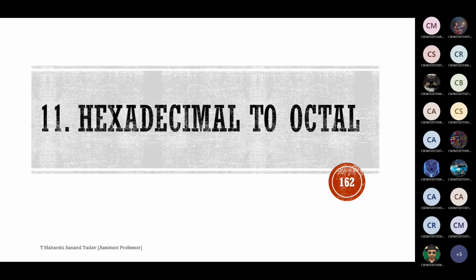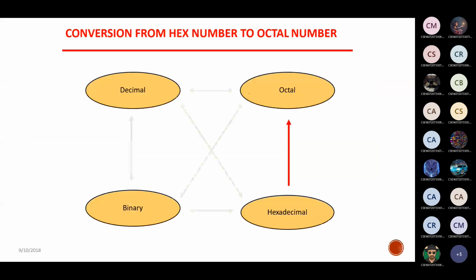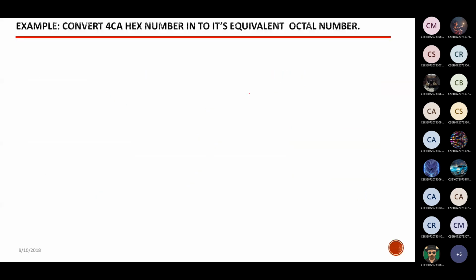Next, tell me the procedure to convert hexadecimal into octal. Hexadecimal converted to binary, and binary into octal. So convert 4CA, which is in hexa, into octal. First write the binary equivalent. So 4 can be written as, now tell me how many bits will you take, 3-bit or 4-bit? 3 bits, sir. Generally everyone will make a mistake here.